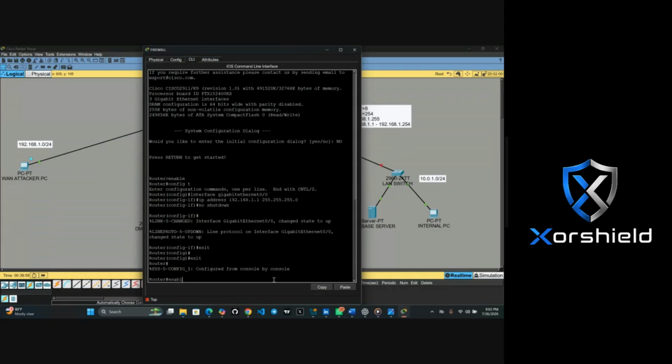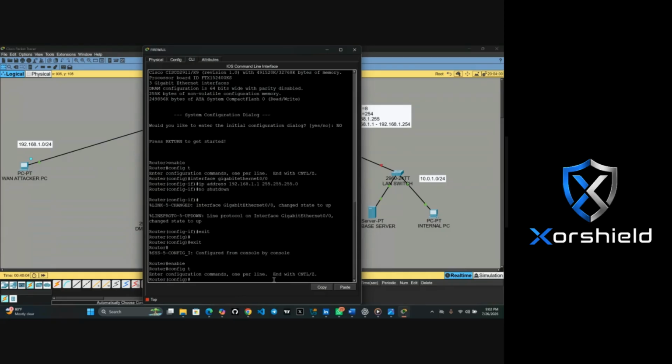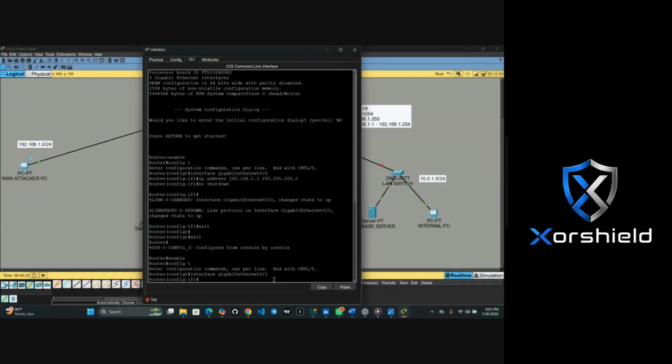Then you enable again, config T. After config T, then interface gigabit Ethernet 0/1. Then IP address. Now it's not 192 again.